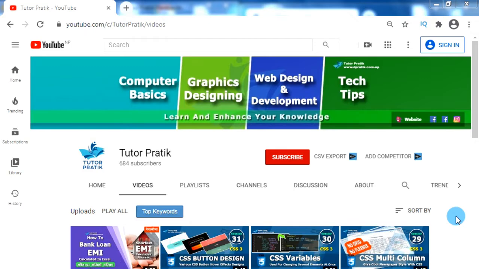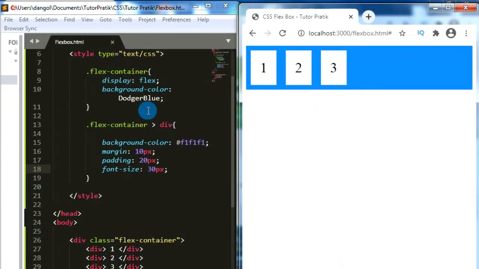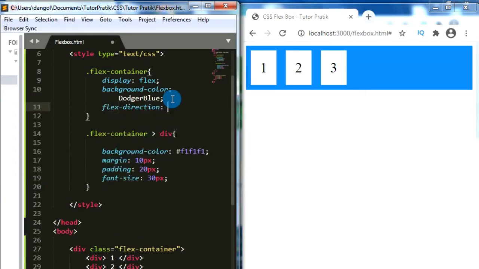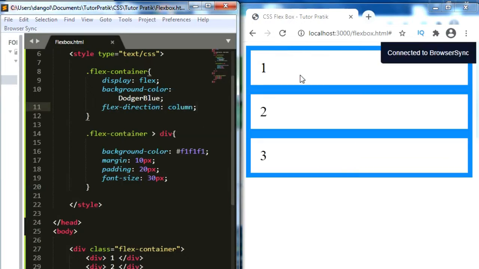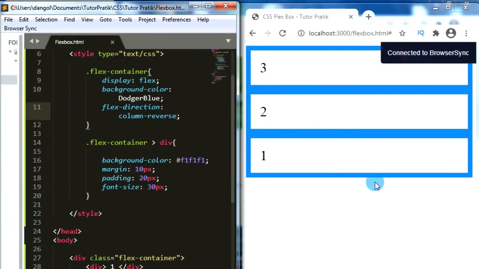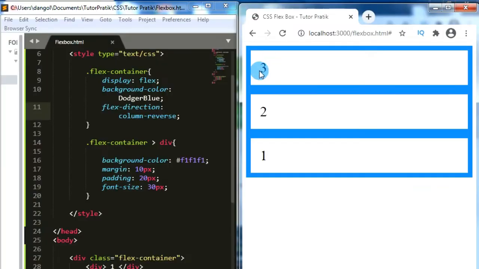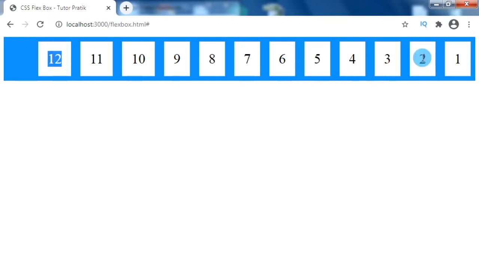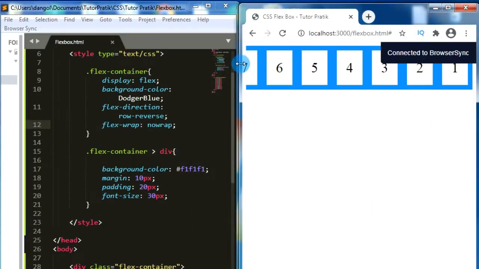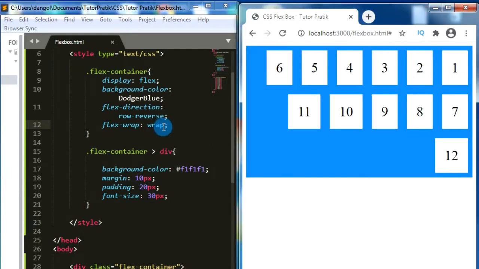In today's CSS session, we are going to learn about CSS Flexbox. CSS Flexbox is a flexible box layout module which makes it easier to design flexible responsive layout structure without using float or positioning properties. For better responsive web layout designs, it's a good idea of using CSS Flexbox. So in today's CSS session, we will learn about CSS Flexbox properties with CSS Flex Container, CSS Flex Items, and